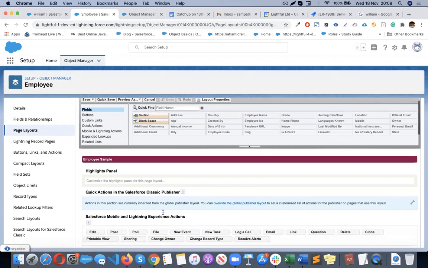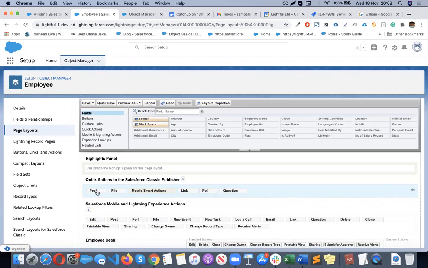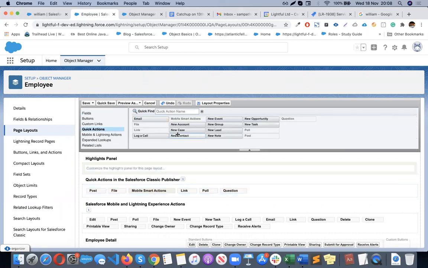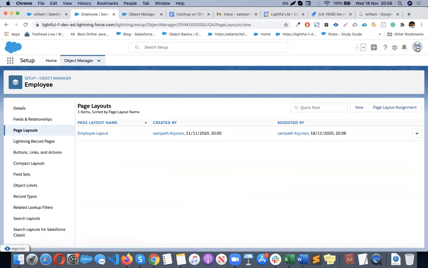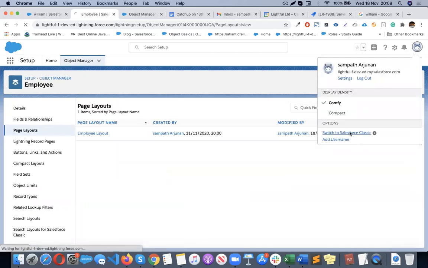This is the one. These are all the different actions: post, file, mobile, smart actions, link, poll, questions, log a call, new connect. Mainly this will be available in Salesforce as quick actions. So it's only on classic, not in Lightning Experience.